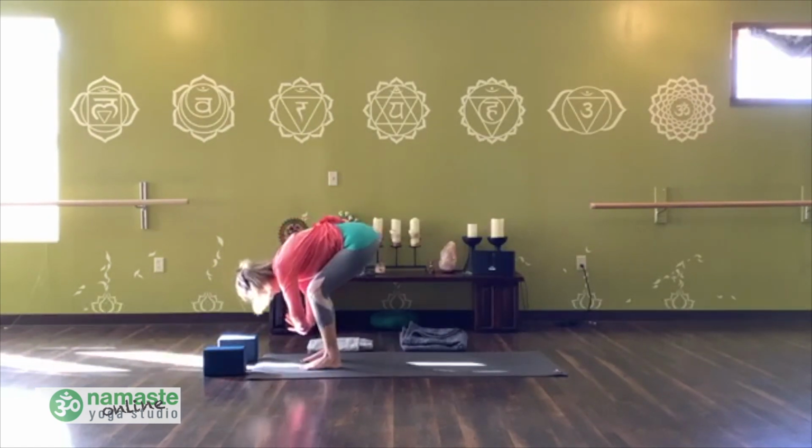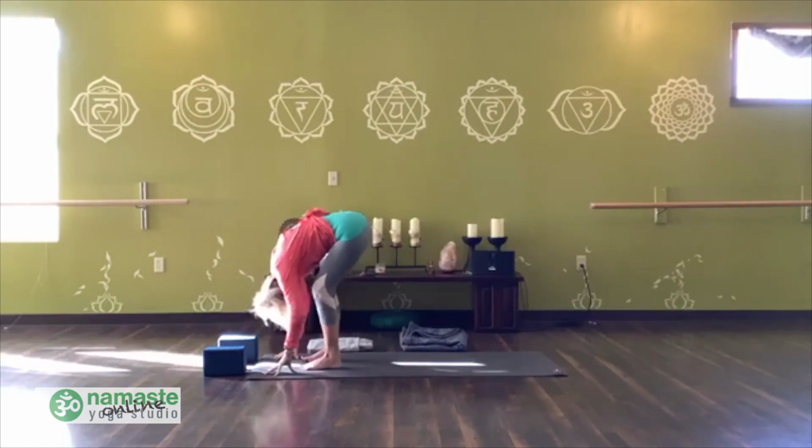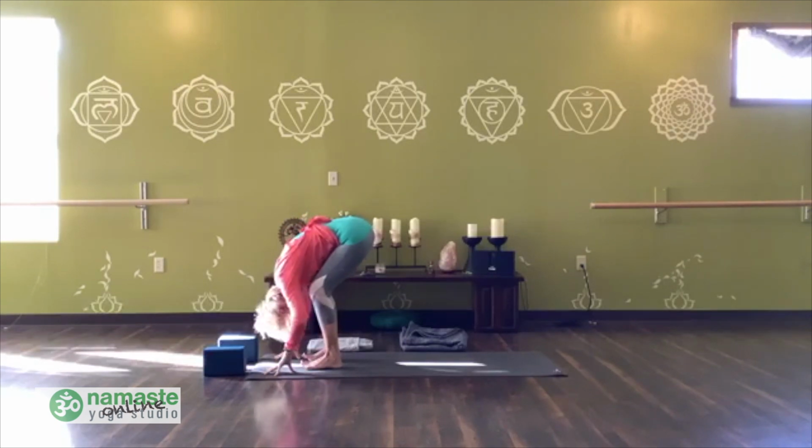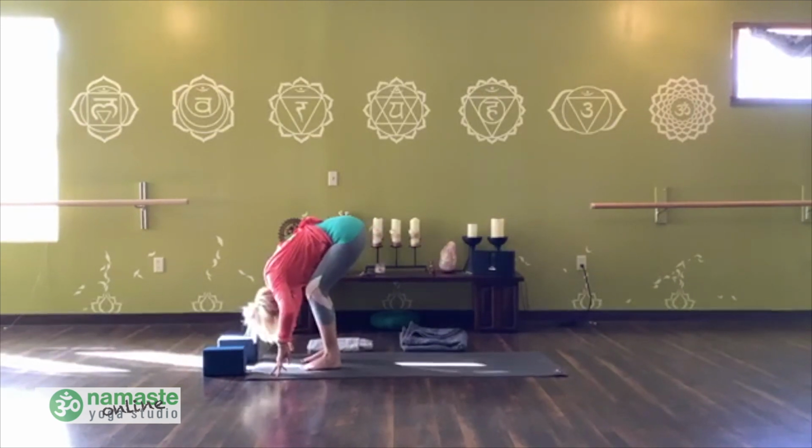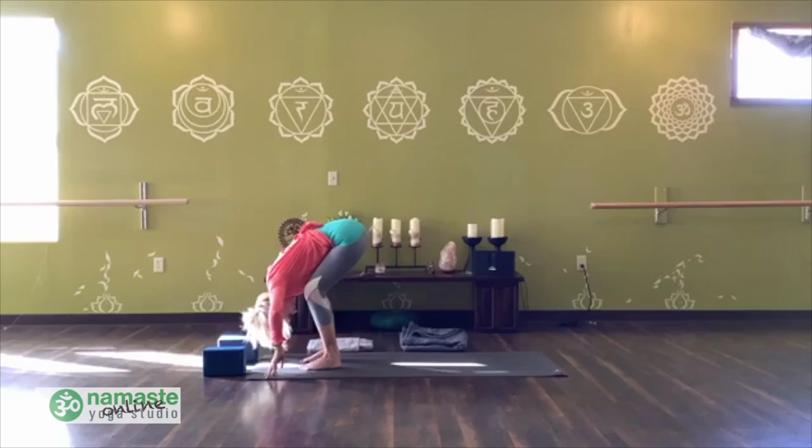Coming into a super soft forward fold. Bobble your head, shake yes and no. Make sure the back of your neck is really free. Check in with your jaw. And then with that core engaged, enough to support you, bring your hands to your shins or your thighs and